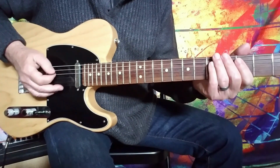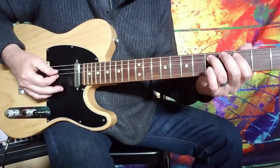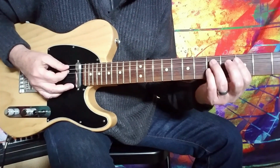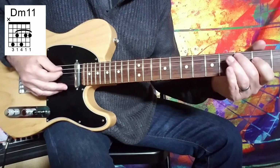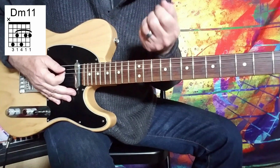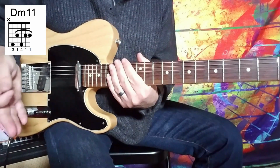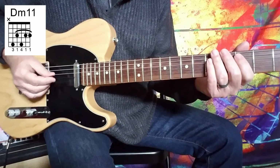Anyway, the first thing we hear out the chute is that 3-note bass pattern from Sting. And then Andy hits that shimmering chord, which happens to be a D minor 11. And then Sting plays the other 3 notes. But live, Andy would play that with him, and that's really cool. It gives it kind of a tighter percussive sound, and also makes it interesting for us as guitar players to play. So we have 3 to 5,